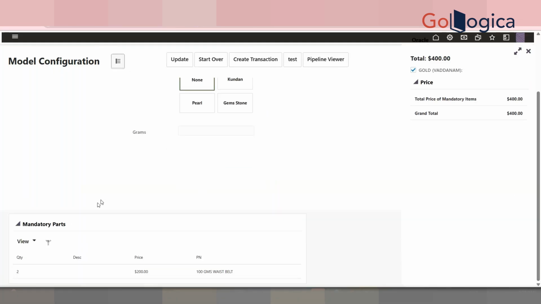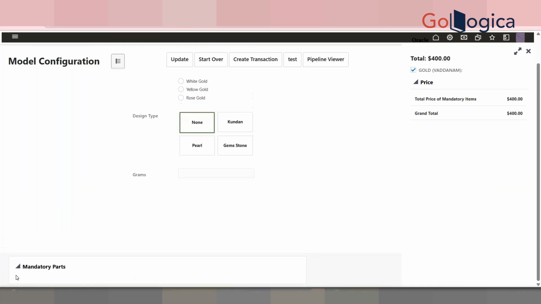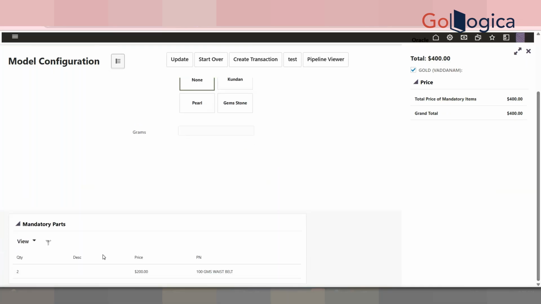Now the mandatory parts. It has become a mandatory part. You can't escape the selection. If you don't make it mandatory, you can escape the selection. And if you don't want to go with the recommended item, and suppose you have gone